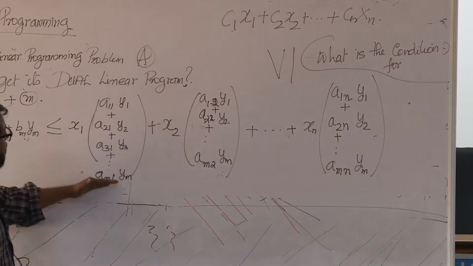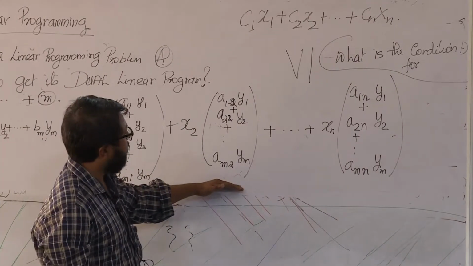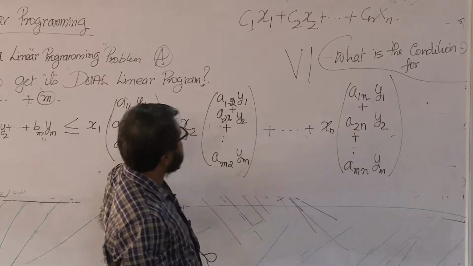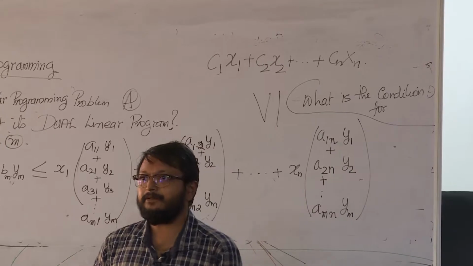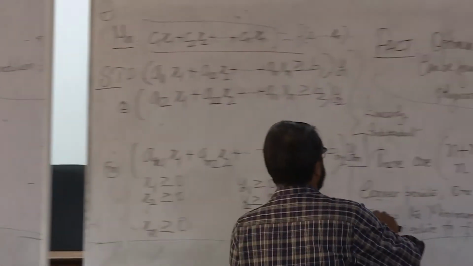If this is less than or equal to C1, this is less than or equal to C2, etc., then this sum will be less than or equal to C1 x1 plus Cn xn, right? So that gives you what are known as the dual constraints. So from this we derive